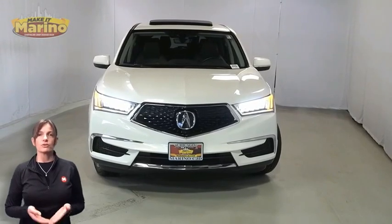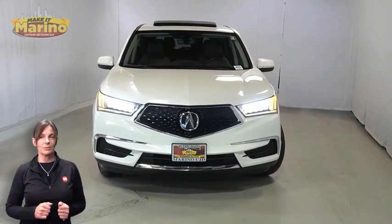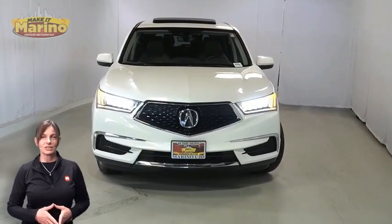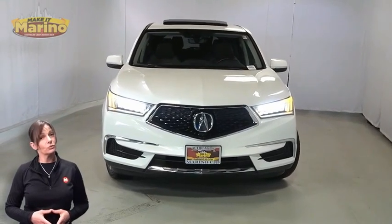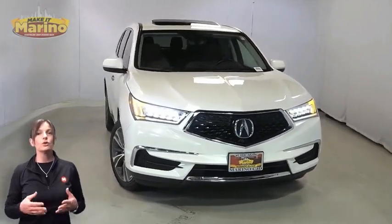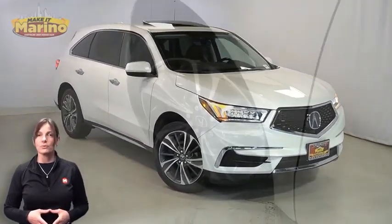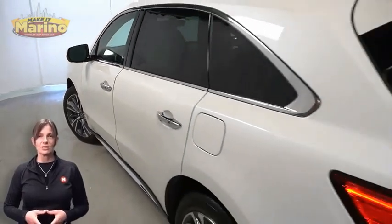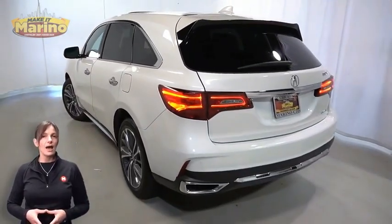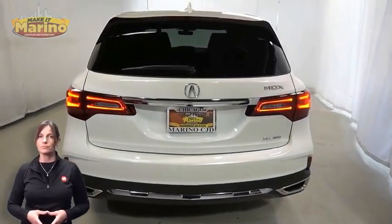Have you been searching for the perfect SUV with safety and reliability without breaking the bank? We'll take a look at this 2019 Acura MDX Technology Package in White Diamond Pearl. With HID headlamps, electronic stability control, 20-inch aluminum wheels, blind spot monitoring, LED tail lamps, rear window wiper and washer,